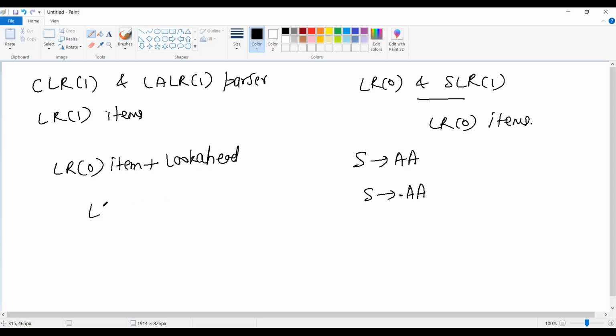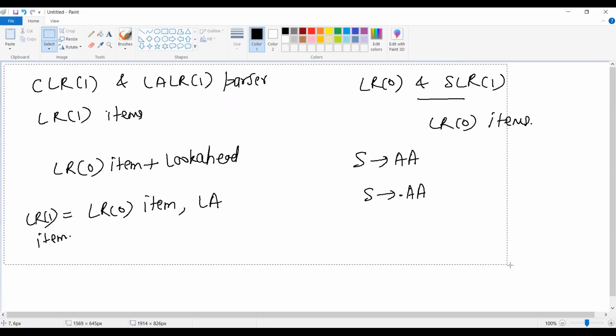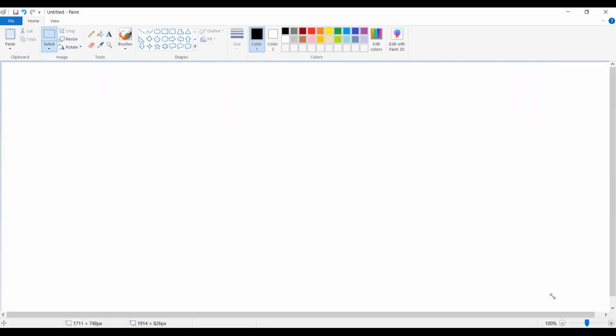So पहले format देख लेते हैं. आपने क्या करना है? You will write the LR0 item, comma, आप उसके बाद क्या लिखोगे? Look ahead लिखोगे. This will be your LR1 item. ठीक है? Now thing is that एक example लेते हैं और देखते हैं कि आप look ahead को किस तरीके से calculate करेंगे. तो हम उसी grammar को लेकर के चलेंगे. That was the standard grammar we were considering for the LR0 and SLR1 parser also.